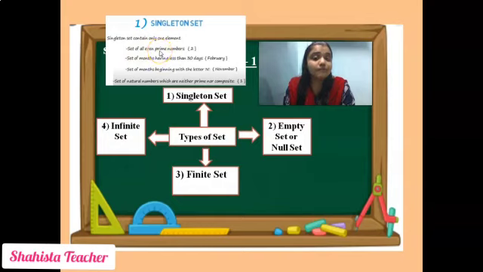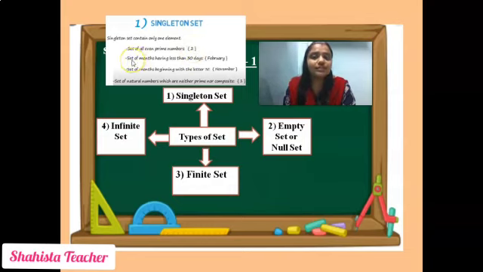Now prime numbers. Prime numbers are those numbers which carry only 2 factors, not more than 2 factors. Such numbers are known as prime numbers. Now here the condition is set of all even prime numbers. So here only 2. 2 is the number which is an even prime number. That means here only one singleton set. Is that clear? So here we will write set of all even prime numbers: open curly bracket, 2, close the curly bracket. So only a single number is there, that is 2.